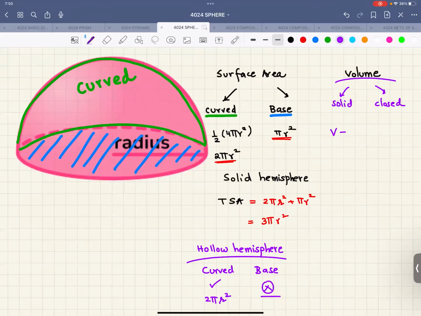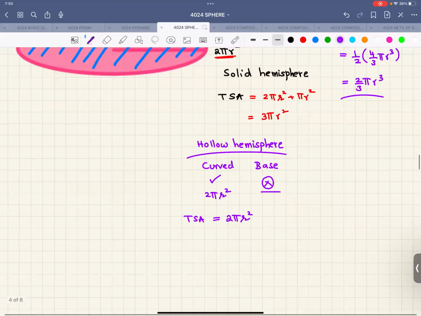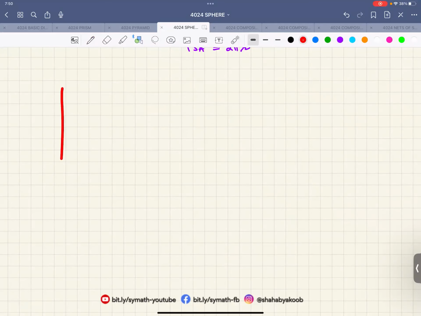Volume of hemisphere is half the volume of sphere. So let me write H for hemisphere. So we are dealing with H, which is hemisphere. So that is half of 4/3 pi r cube, which is 2/3 pi r cube. That's the formula. So if I summarize all this, and make a good box out of it,